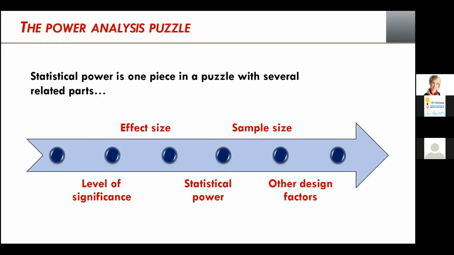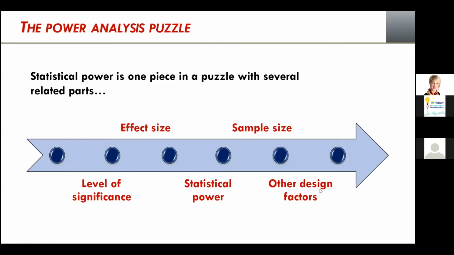So these four that I mentioned, the effect size, the sample size, the level of significance and statistical power, are four interrelated factors, and each is a function of the other three. So if three of them are fixed, the last one is completely determined. For example, if you increase your effect size but keep your power and your alpha fixed, you know that your sample size will have to increase. And the last and often forgotten one are other design factors that you also need to take into consideration. There are so many of them, but just a few for you to think about.